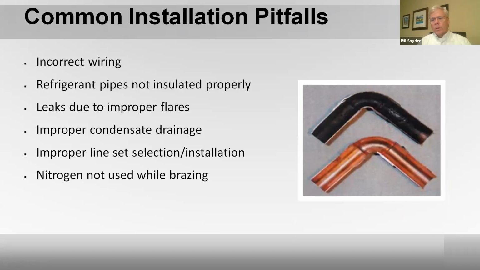Again, I mentioned that we use nitrogen. You use nitrogen if you have to braze. Typically we're using flare nuts, we don't have to braze. This was brazed without nitrogen, just with some oxygen in the tubing, and you get this black, crusty oxidation. When you start the system up, the refrigerant and oil is a great cleaner. It'll tend to clean this off, and all this crud will go down the system and find one of those